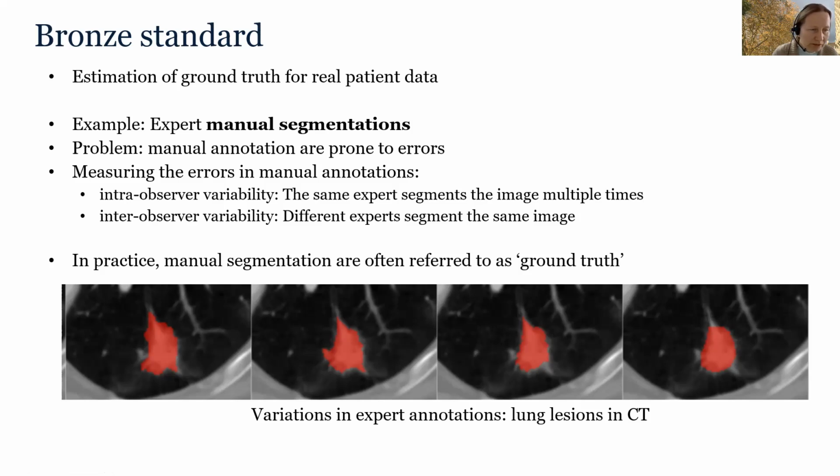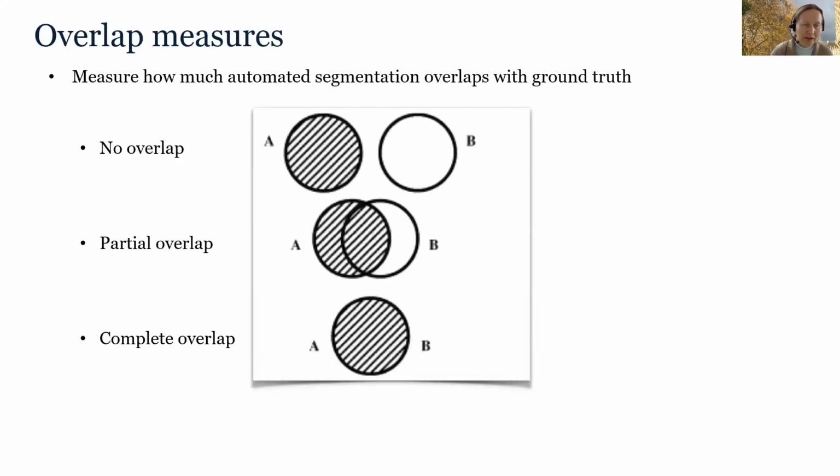So in practice, though, the manual segmentations are often referred to as ground truth, even though they are not strictly speaking a ground truth. And we will refer to them as ground truths as well from now on. So now that we know where our ground truth comes from, let's look at the measures we can use to